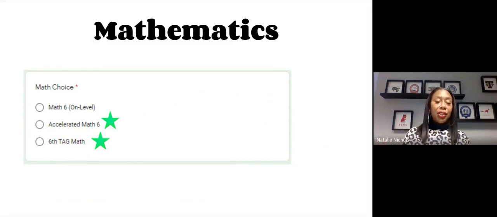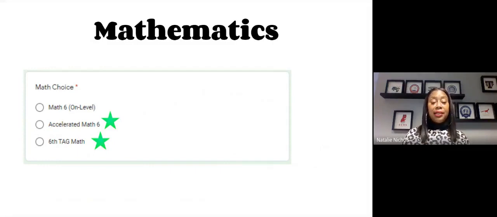So our recommendation is that your student look at accelerated math as their choice. And if your student is in the talented and gifted program and qualify for that based on math, and that would have been based on testing that they did in elementary school, know that then they will choose tag math as their option. And we will verify that through the records to make sure that they're in that program.